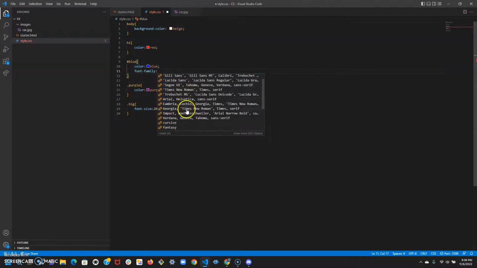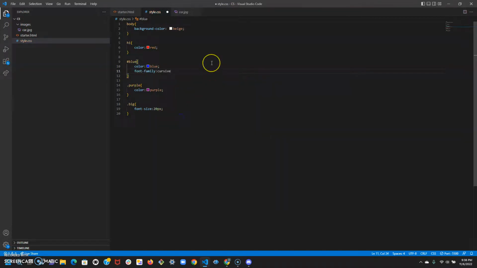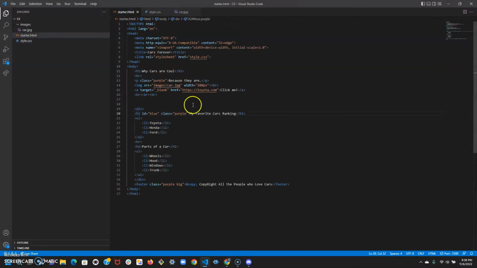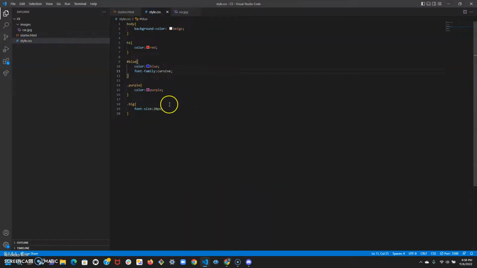So let's change it to cursive. It probably won't look that good, but oh, it's in Comic Sans. That's disgusting. But as you can see, that did change, while even though it has the purple class, that won't affect the color of the text because we say the color of the text here is blue and it has higher priority. But if I try to change something in this class section that's not specified in this ID section,